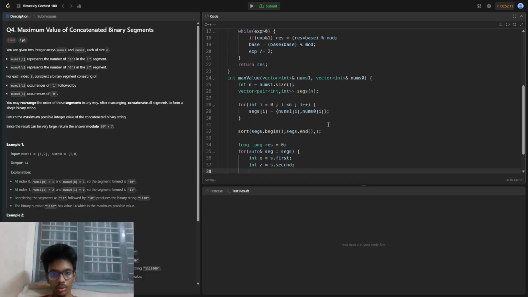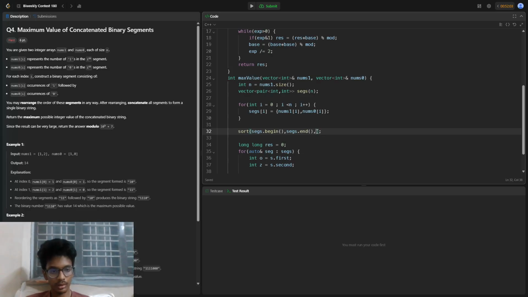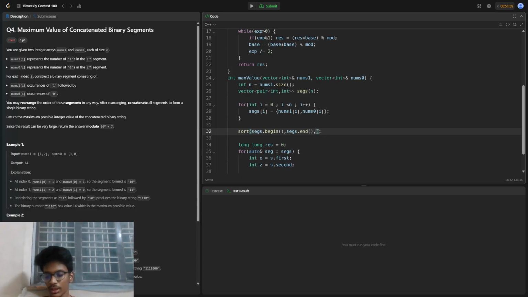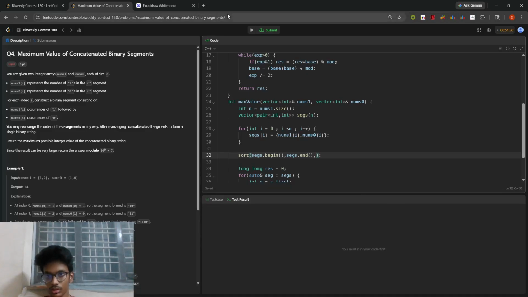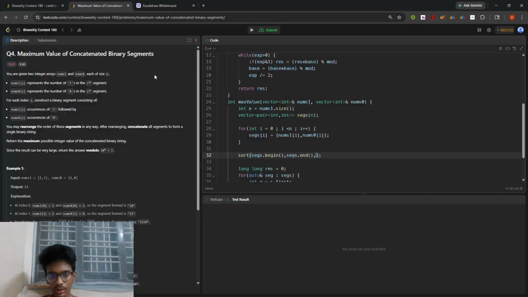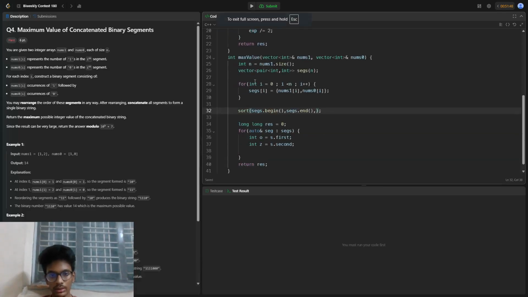Okay, now first let's write the comparator. Okay, how about writing a comparator first? So what was the expression again? Sorry for this. What was the expression? VA by 2LA. Actually, I wrote a comment here, right? Okay, wait. Okay, let's write this expression only, nothing else. So if I just write a comparator here,